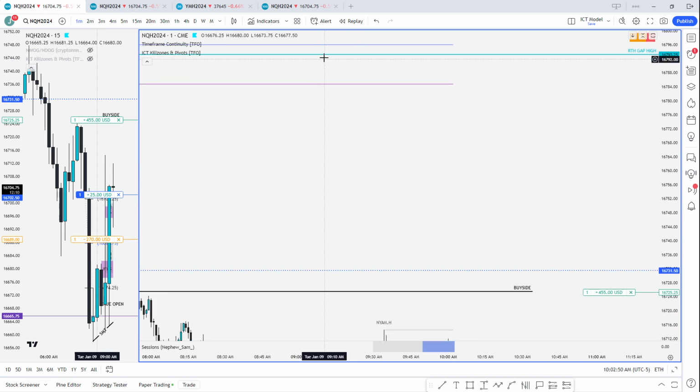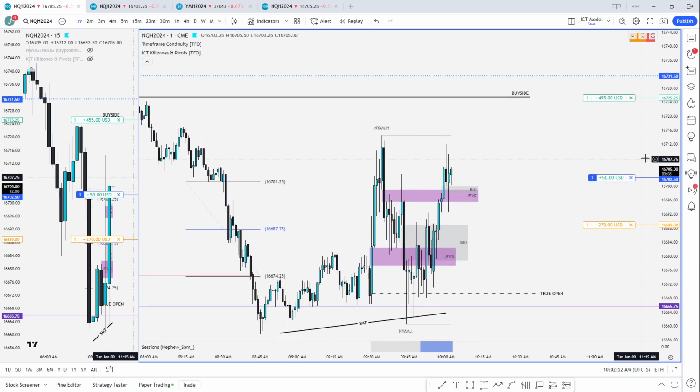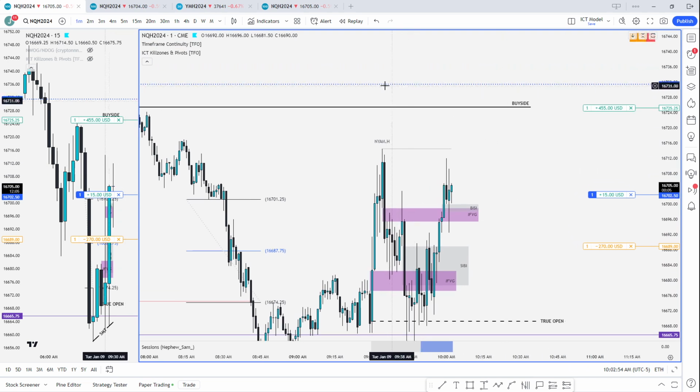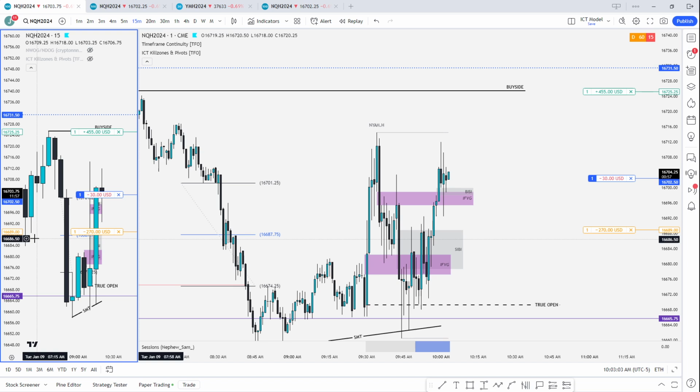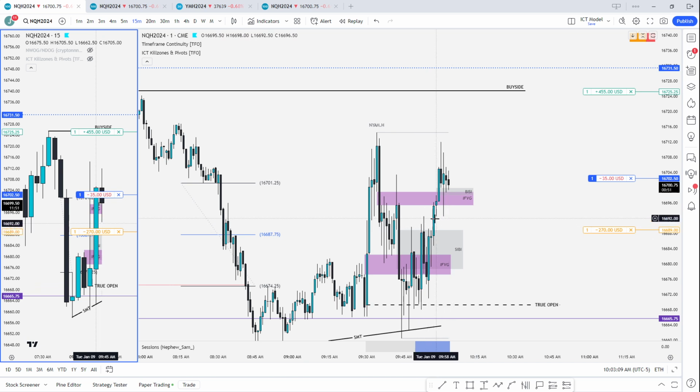Obviously, it may come and close all the way up to the high end, but it's still very good. You're going to see consequent encroachment of that gap being used, just like how you see it used with the other gaps: new week opening gap, BISI, SIBI, even large liquidity voids, something like a new day opening gap, or even volume imbalances. You all want to see hold to some extent